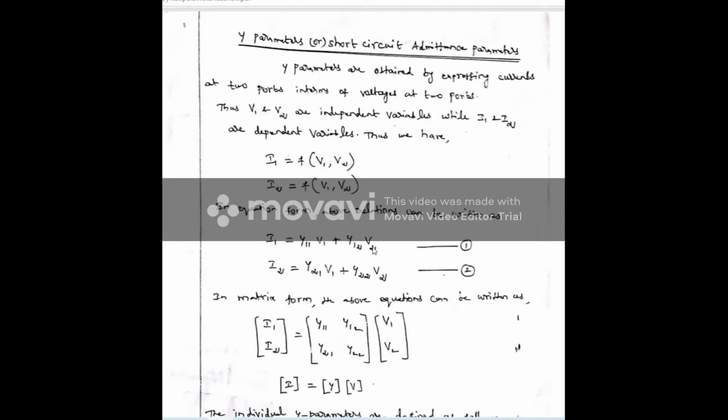And the next one. Here our aim is to derive the Y parameter equation. The Y parameter equation is in the form I1 equal to Y11 into V1 plus Y12 into V2. That is, I1 can be written as a function of the 2 variables V1 and V2. Similarly, we have to get another equation, I2 equal to a function of V1 and V2. So this is our aim. Here we have written the I1 equation, and we have to find the values of I3 and I4 and substitute here.